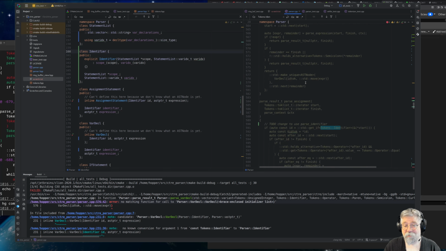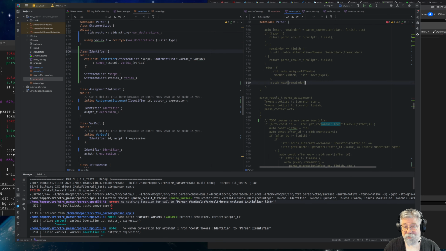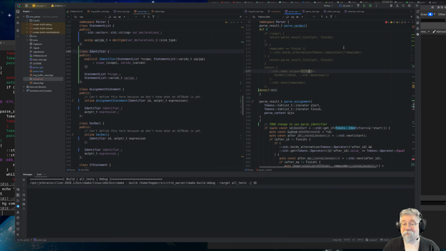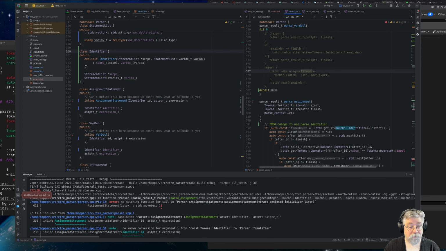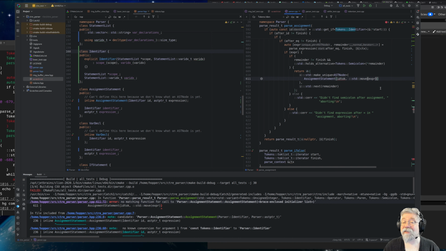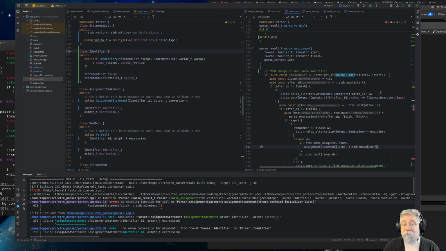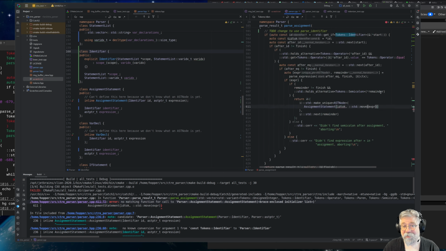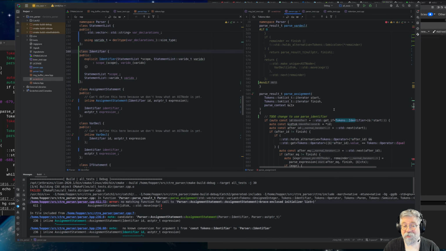I want to test whether this other thing compiles correctly. And in order to test it, all right then. Yes, I have not yet changed this to use parse identifier. So,